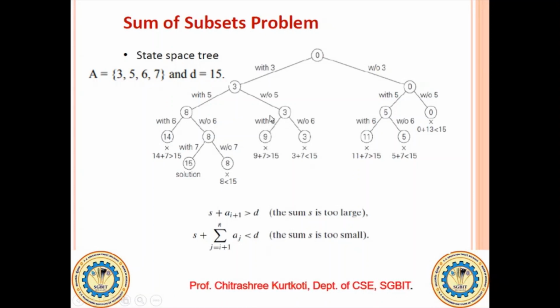Stop it. Next, with 6, we didn't get the solution. Next, consider without 6. Here, without 6, can we get the solution? Only 3 it will be. Yes. So then, one more element is there, that is 7. 3 plus 7 will be 10, which is much less than 15. Hence, this is also a non-promising node. We are not going to proceed for this solution. So this stage with and without 5 we have considered. Next, move trace back. So these all are the possibilities when we are including this 3. Okay, so we got one solution.